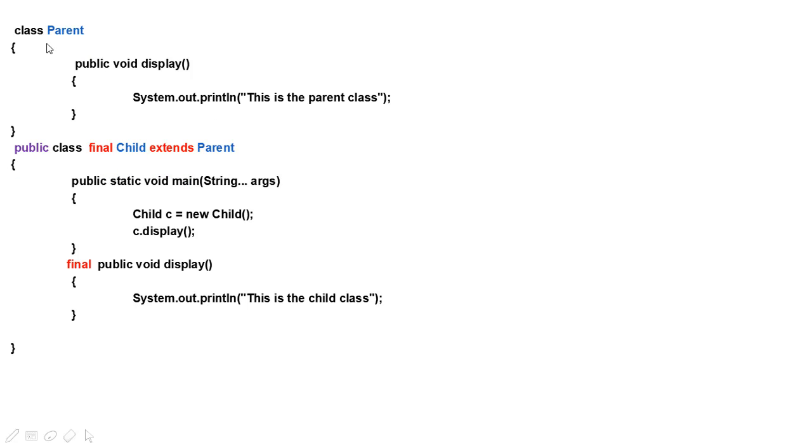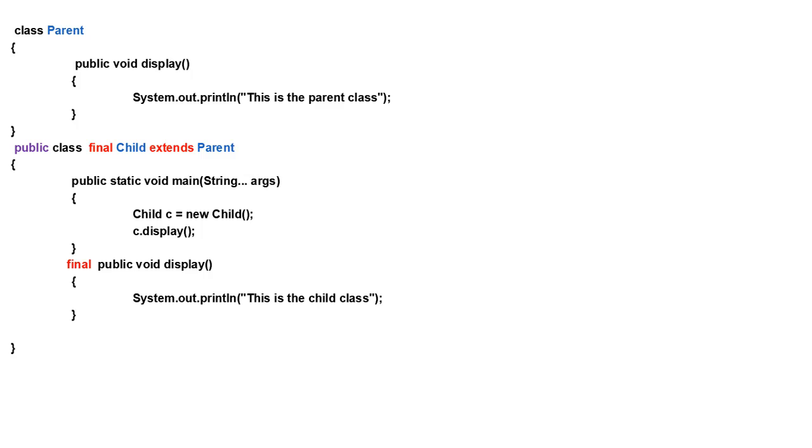So now again the main question here is, if the method of a parent class has been declared as final, it cannot be overridden, which we have seen. But now if the method of the child class has been declared as final and then we are trying to access that final method, will it still override the method of the parent class or not? That we need to see.